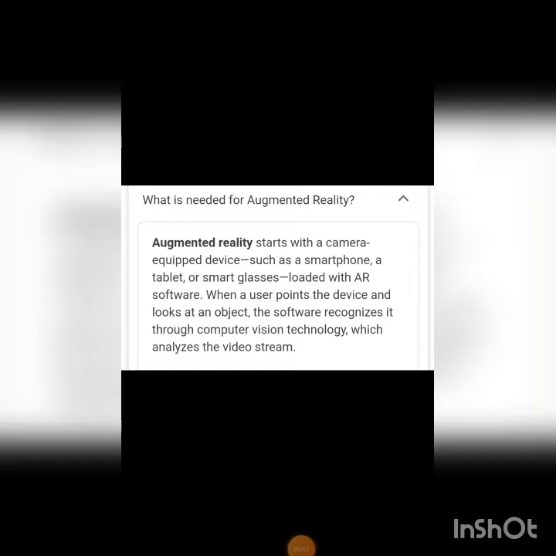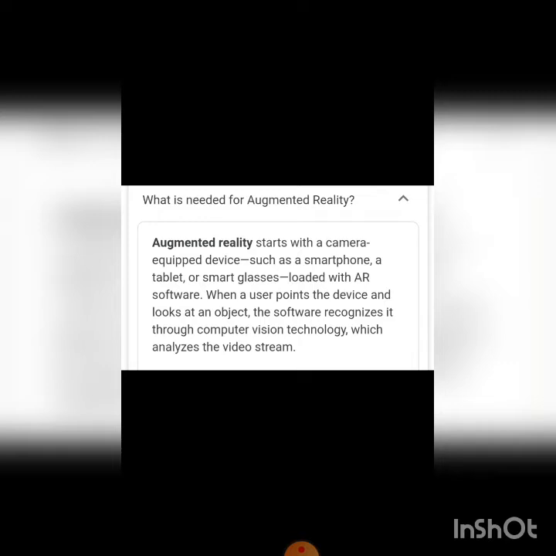So what is needed to use augmented reality on your phone? Augmented reality starts with a camera-equipped device, such as your smartphone, tablet or smart glasses. Smart glasses are not available with us, so we'll use our smartphone loaded with AR software.